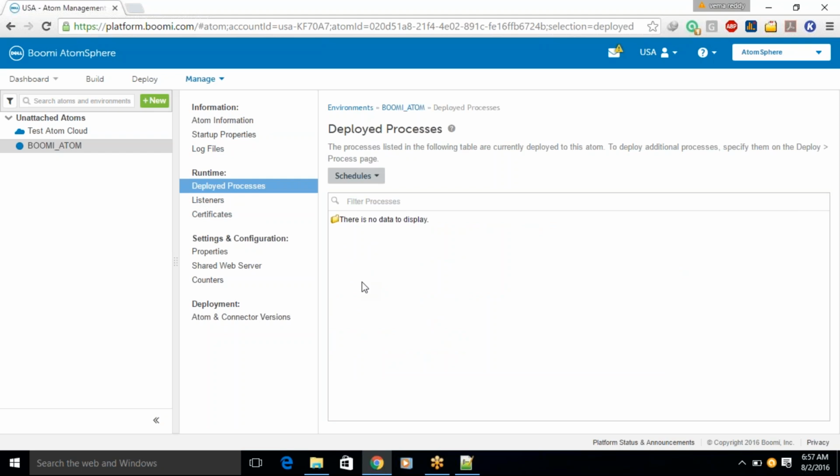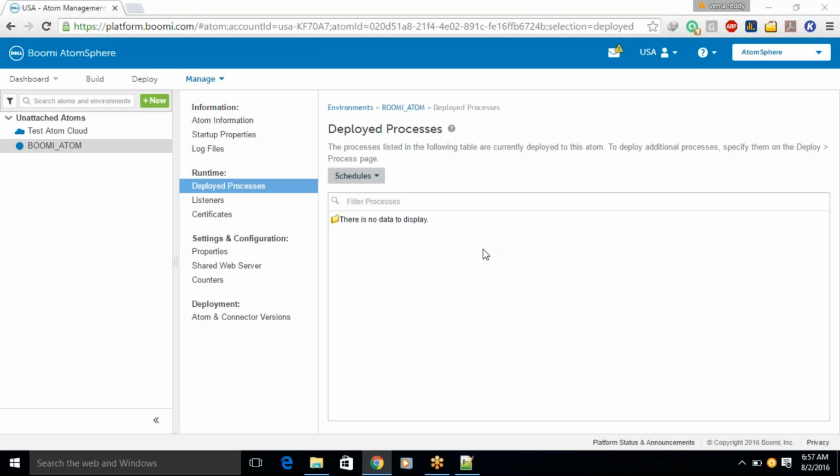Let's say the client told you he wanted to trigger at 7 p.m. PST. As soon as you click on the scheduling configuration, it will ask you to configure the timing, like whether you want to trigger every day or every 10 minutes. What you'll set is the 7. First of all, you need to understand what time zone your atom is in. If you set 7, your atom will start that particular process at 7 p.m. corresponding to the Boomi